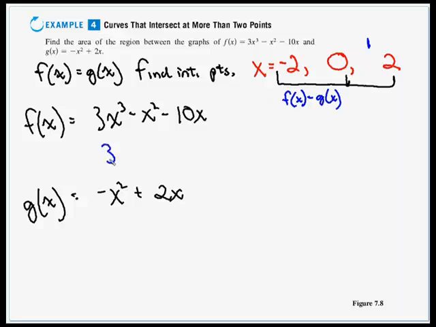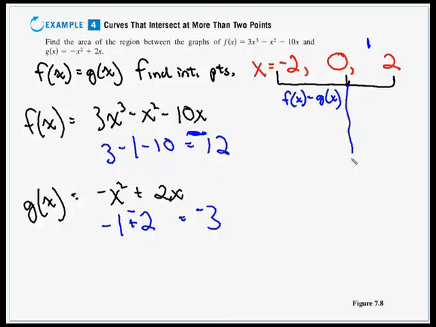So this would become 3 minus 1 minus 10, and that would be negative 12. And if we plug a 1 in here, that'd be a negative 1 plus 2, which would be negative 3. Negative 3 is greater than negative 12, so this interval is going to be g of x minus